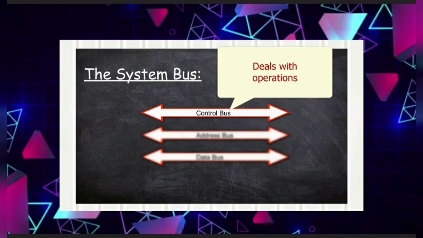And the last, the control lines. The control lines are used to control the access to and the use of the data and address lines. Since the data and address lines are shared by all the components, there must be a means of controlling their use. Control signals transfer both command and timing information among the system modules. Timing signals indicate the validity of the data and address information. Command signals specify operations to be performed. There are several control lines, but typical control lines include: